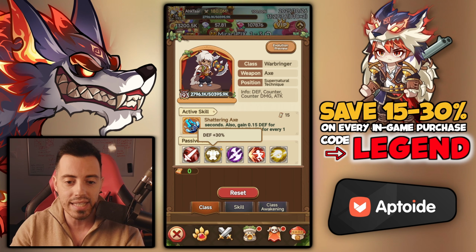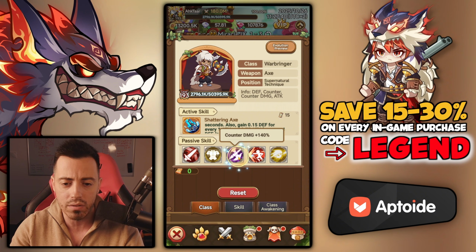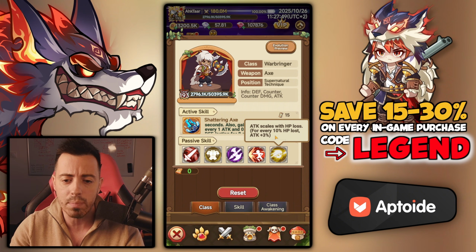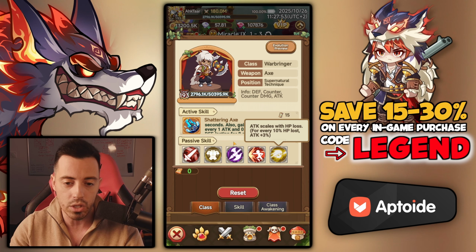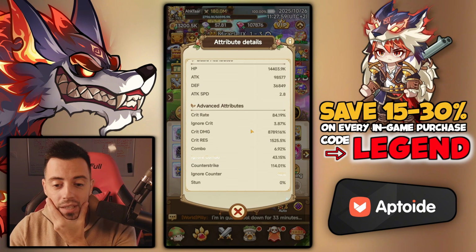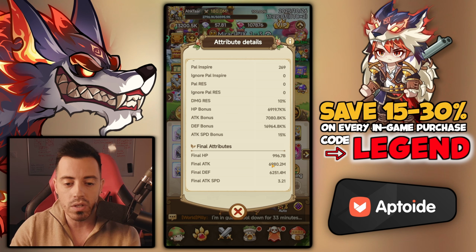Wild. And the class is getting more defense with that skill as well, and more counter multiplier, counter damage, and you are dealing some more damage as well. The less HP you have, for every 10% HP loss, you have more attack. So one more time with the red spore, this is very, very interesting for the build. That is wild. So basically, if I show you the main stats of my character, I have only 7,000 million